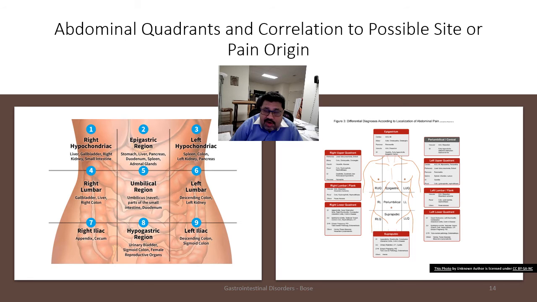It is important during an examination of a patient to be aware of the site where the pain could originate from. Typically, we discuss the abdomen in terms of quadrants. The abdomen can be divided into either 4 or 9 quadrants. If you divide it into 9 quadrants, it can be fairly more accurately localized to the organs that should be